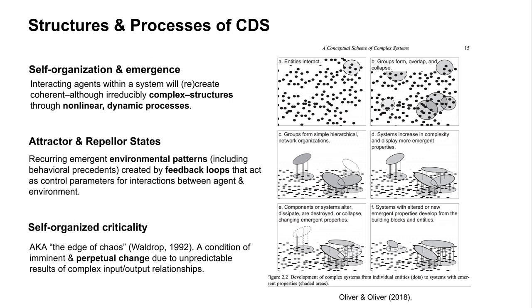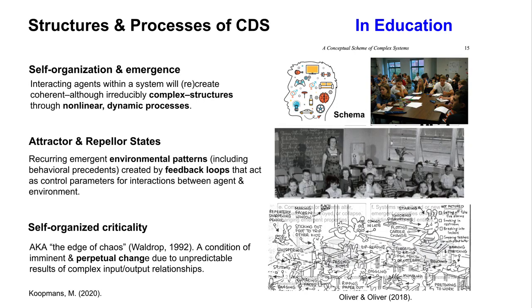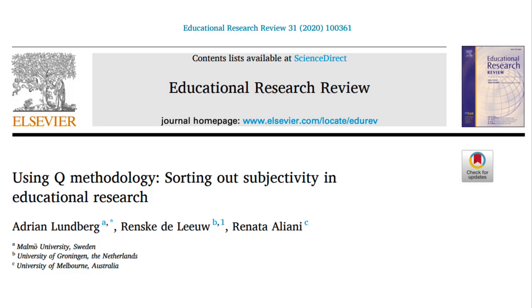As long as the goal isn't to reduce them to some simple relationships, they can be understood as holistic and complex entities. And in education, they've studied everything from individual schema to historical policy to the complex messiness of praxis in classrooms. Similarly, Q methodologists have been turning more of a critical eye towards educational research, and a